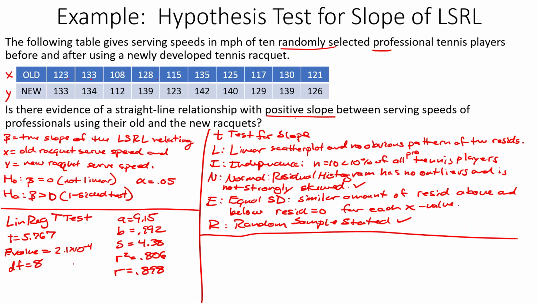So there's a strong relationship here, and our p-value is very low. Since our p-value equals 2.1 times 10 to the -4th, anytime it's in scientific notation, it's going to be less than our alpha. All right, we reject the H0. And our H0 was that beta equaled 0, that there was no linear relationship. So that means we have evidence